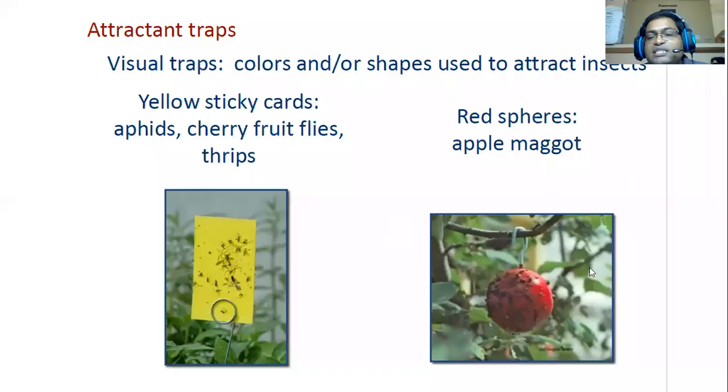And also you can use certain traps, sticky traps, for small insects. If you have yellow sticky traps, you can make yellow plates and apply Vaseline or some grease, and place them here and there. Small insects, especially aphids, thrips and whiteflies, are very minute. They will be attracted towards yellow color and blue color, and red color for some insects in orchards. They will come and hit it, and they will stick on it. So through this, you can easily minimize the pest loads. We call it sticky traps, yellow sticky trap.